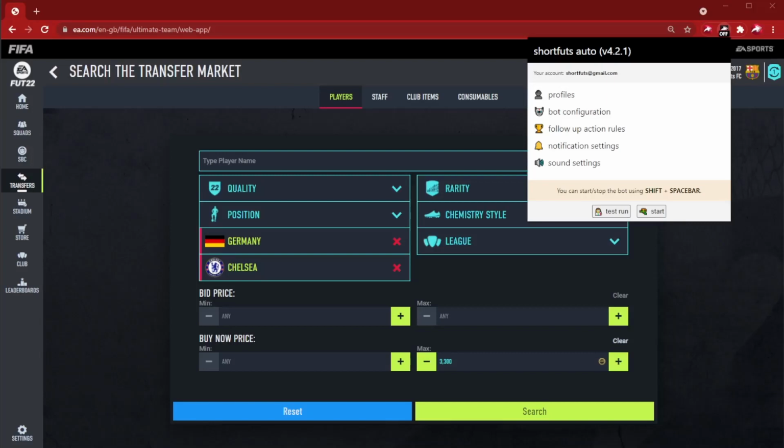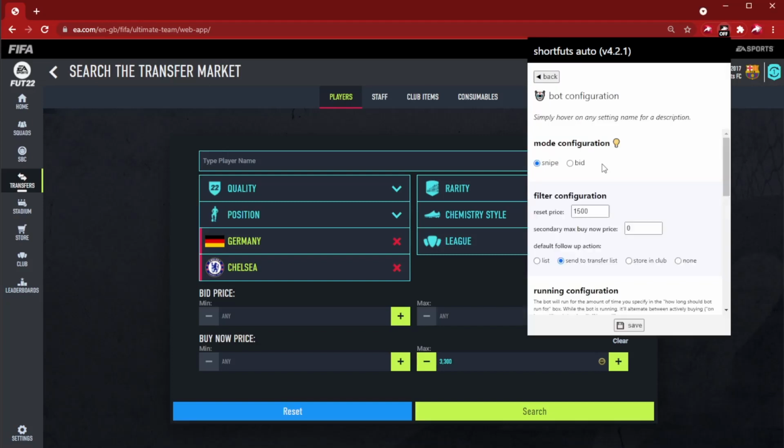Hi, welcome to a quick tutorial video on follow-up action rules, a feature introduced in Surefoot's Auto version 4.2. In this version of the app and onwards, we have the concept of a follow-up action rule. In the bot configuration section, you'll find